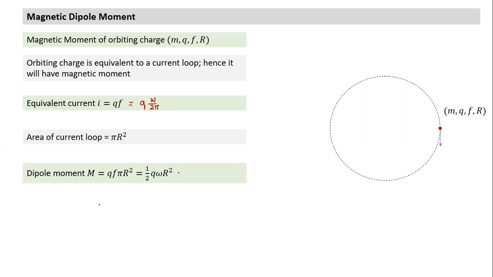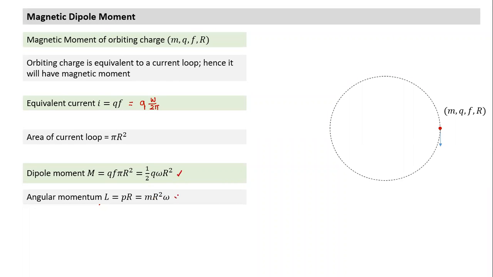So finding the dipole moment does not require any new application. Apply the same concept step by step, and I get a value of the magnetic dipole moment. I will do one more thing here, because mass is also given: I'll calculate angular momentum also. Whenever a particle has charge, charge is always associated with mass. Charge cannot exist without mass. So what is the angular momentum of this particle undergoing orbital motion? We know angular momentum is momentum into r. Momentum is mv into r, so angular momentum is linear momentum into r. In terms of omega, angular momentum is m r square omega.